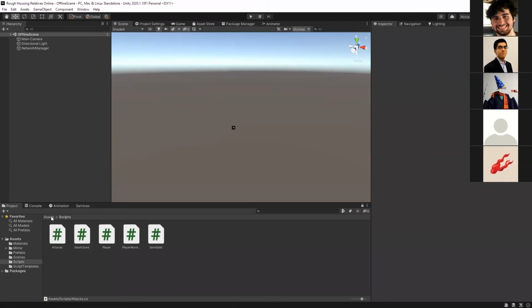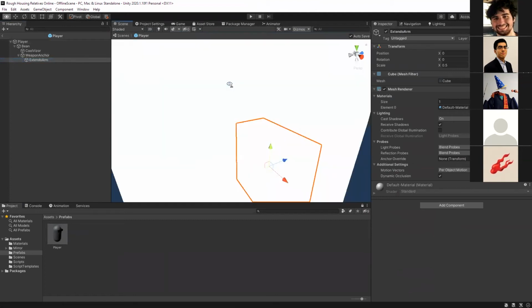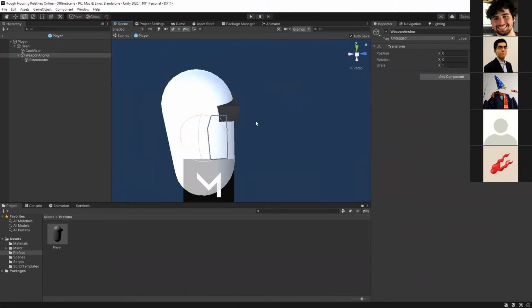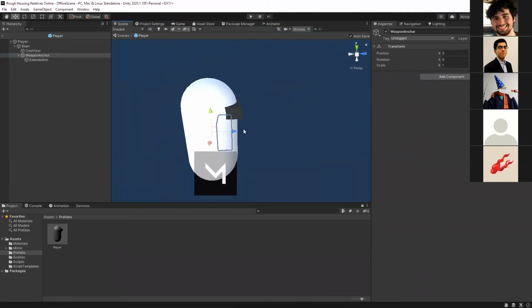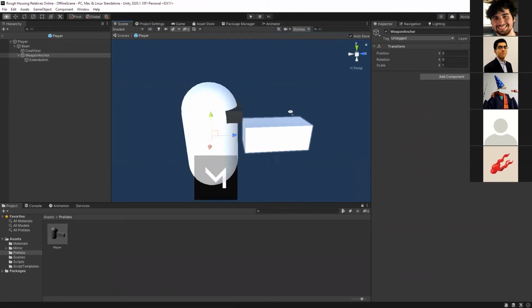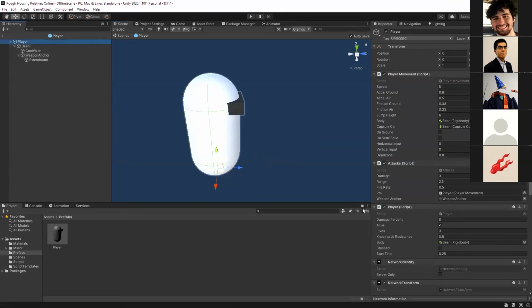And so, if you've noticed, in the prefab, the extendo arm is just parented to the weapon anchor. And so whenever you attack, the only thing that's happening is that the scale and the rotation of the weapon anchor is changing. So it's like changing to like 5. And when that scale changes, it's showing the extendo arm. So because I'm only using a transform for this, I can actually just use a network transform.